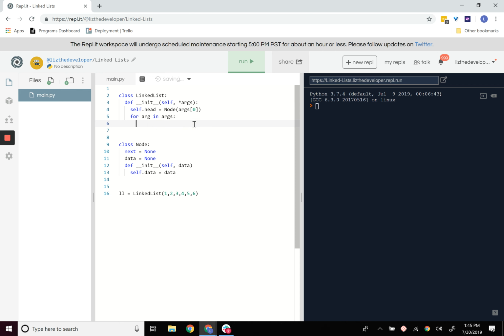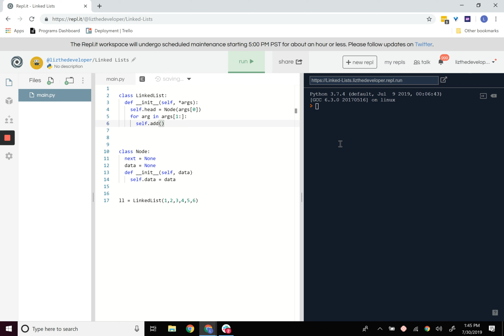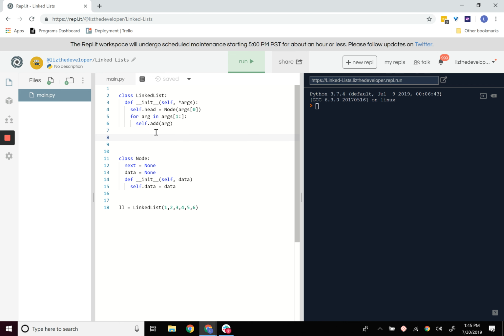And so now for arg in args, and actually I want to start at 1. And so then I want to say self.add(arg). We haven't created this add method yet, so I'm going to go ahead and create it. And I'm going to show you how a linked list is iterated over by using this head. This add method. So def add,